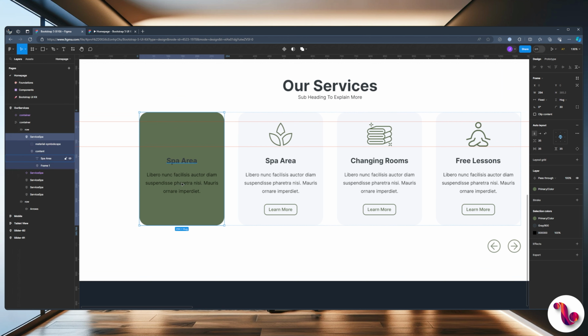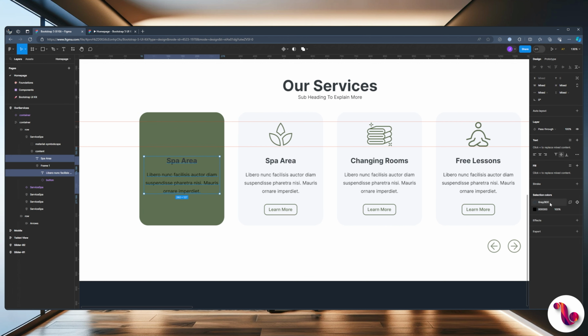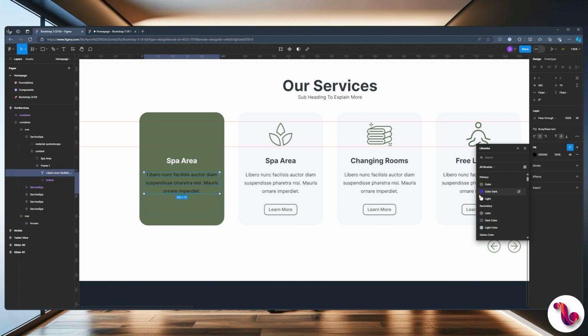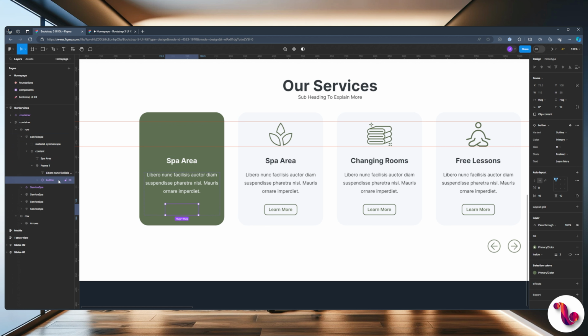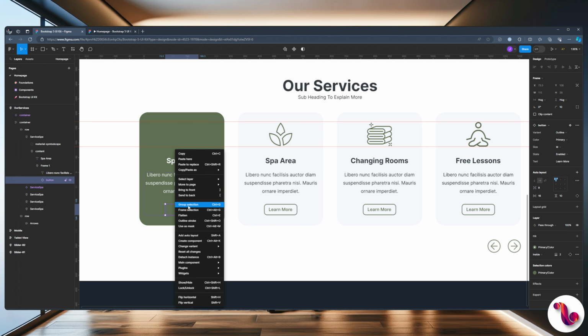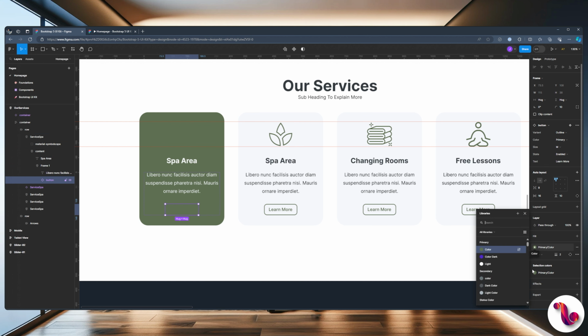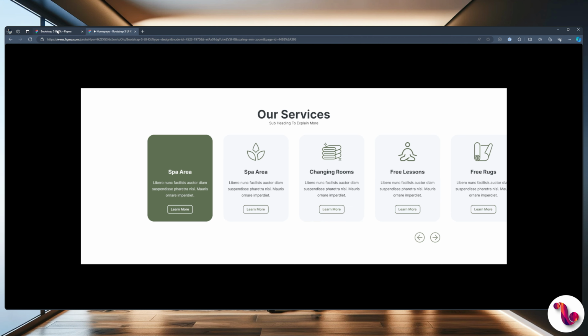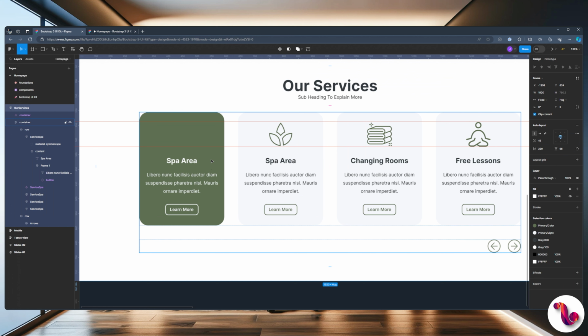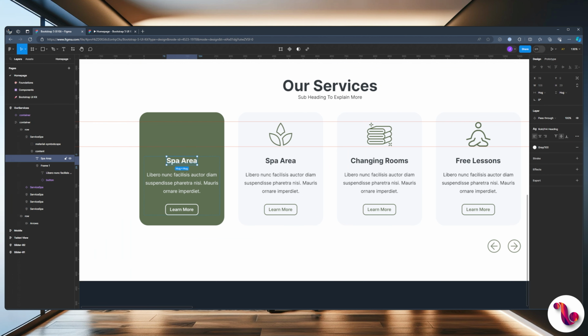With that, I am going to select both the heading and text. We are going to choose gray 100. I'm going to do the same for the button here at the bottom as well. Select this button. Probably going to need to detach it. Let's see. There we go. Didn't even need to detach it. So that looks a little different, but we're not there yet. So let's change this spot area to something else. Let's say get started with your free